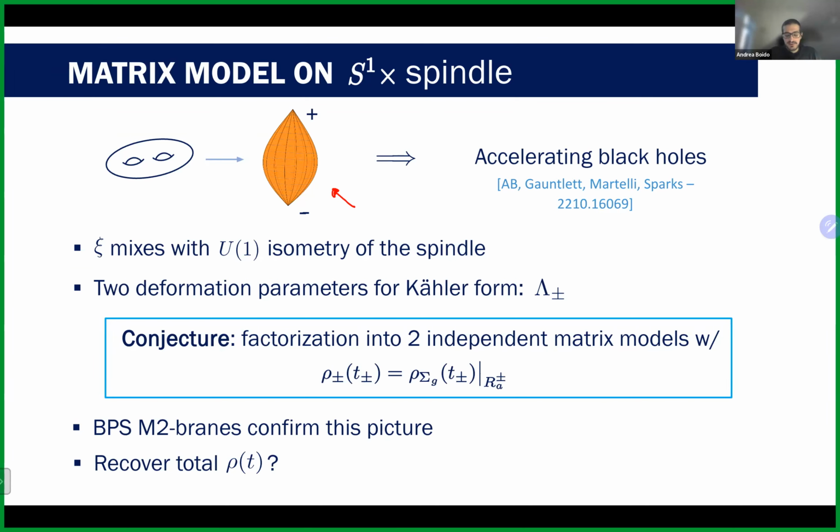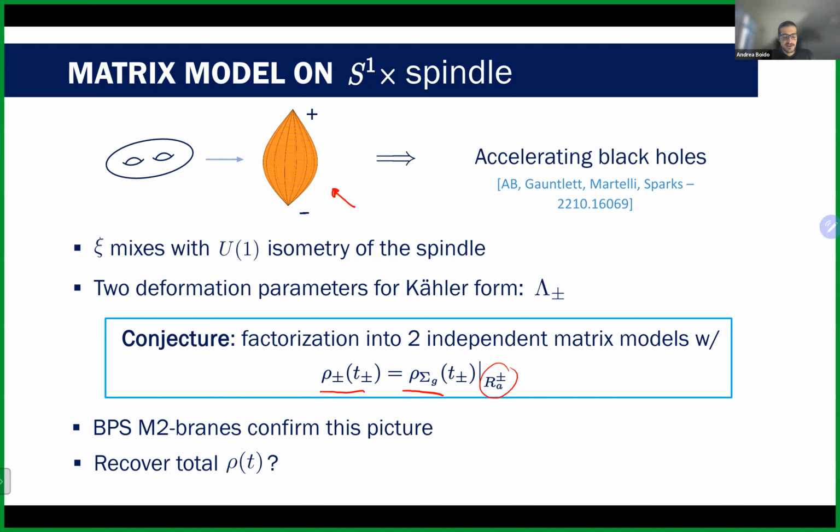Essentially, the geometry over these poles, the local geometry, is not that different from the one we had before with the Riemann surface case. So you can think of taking the same eigenvalue density you had before, which I'm calling here rho sigma g, and performing a sort of shift of the R charges in a particular way that I don't have time to get into. Essentially you replace this R_A with this R_A plus-minus, which are quantities natural in the spindle geometry. And then you get two separate eigenvalue densities, which I'm calling rho plus and minus here.